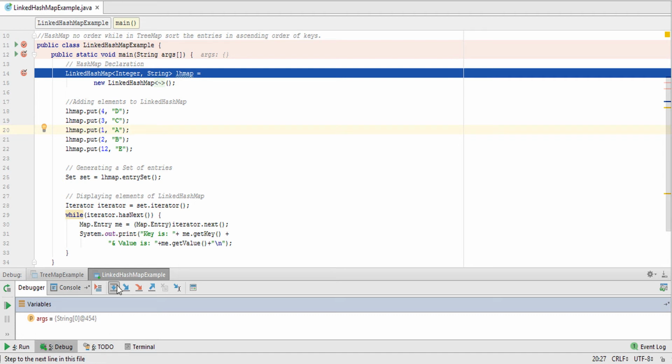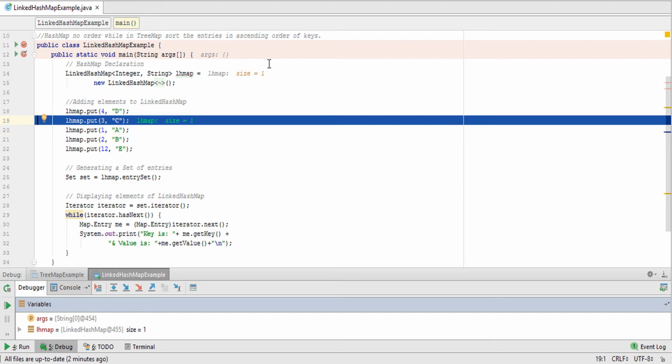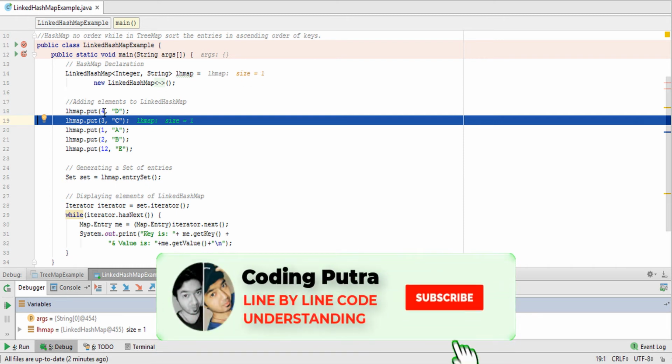Okay, so it will create a linked hash map. So you can see that the linked hash map has been created, with the size as 0, as no value has been inserted. So let us insert the first value D, and the key is 4. So you can see that the size is equal to 1. Earlier it was 0, now it has become 1 because 4D has been inserted with the help of the dot put